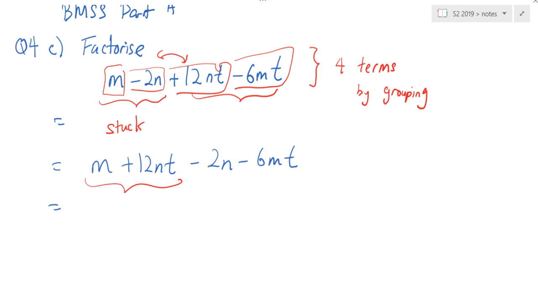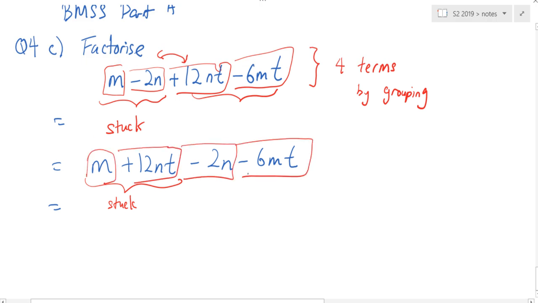Still stuck. So that means I am actually very unlucky. I'm still stuck. So which 2 should I group together? This and this must group together. Am I correct? Do you see that I purposely go through the stuck process because I want to tell you